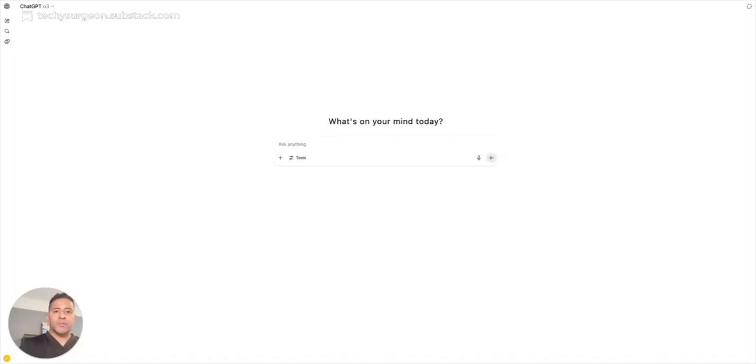One of the features from ChatGPT that I use all the time is the deep research function. I'm not sure how many people are using this. It is on the premium version of ChatGPT, but it's extremely helpful for doing a deeper dive with verified citations on different topics. If you just click on this button here, Tools, you'll see numerous